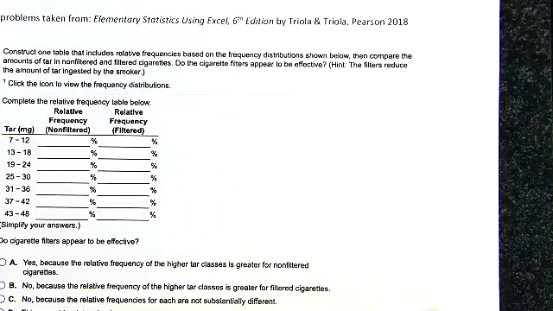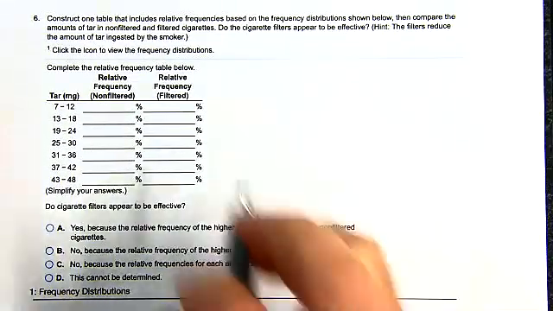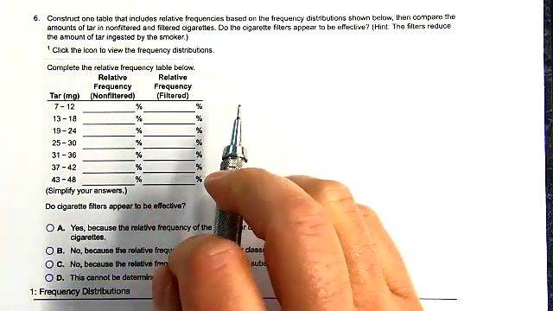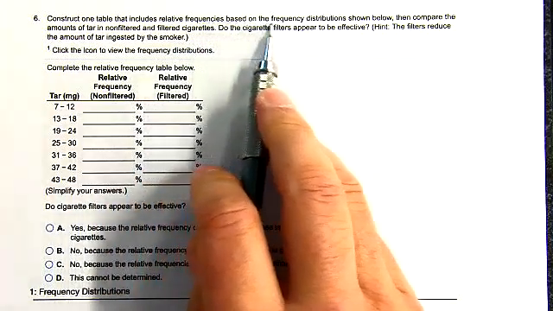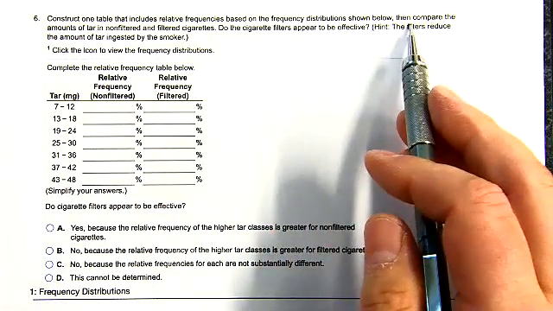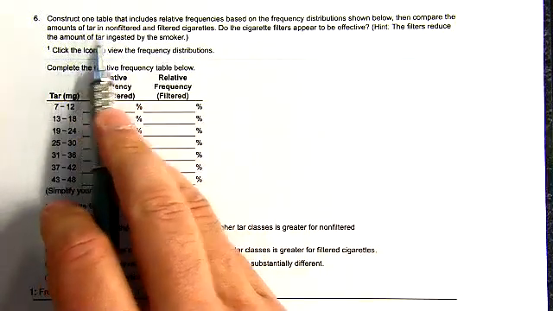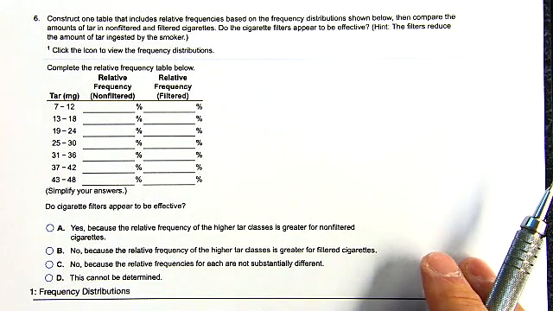Okay, 6 is going to introduce the idea of a relative frequency table. Construct a table that includes relative frequencies based on the frequency distribution shown below. Then compare the amounts of tar in non-filtered and filtered cigarettes. Okay, so they give us a table down here